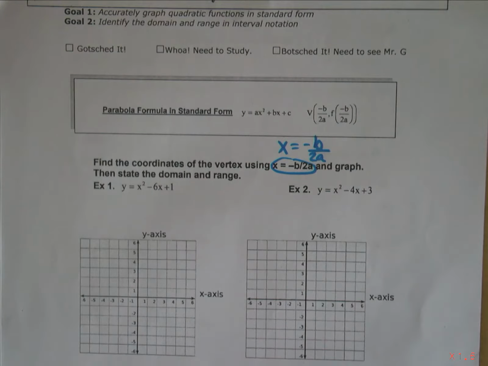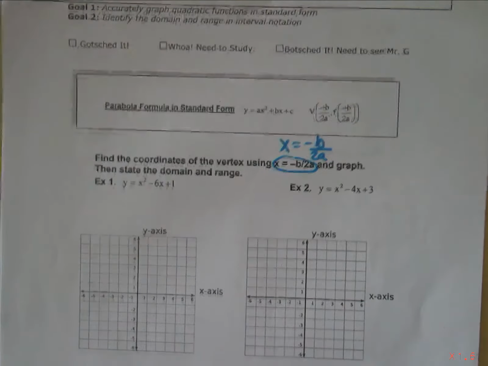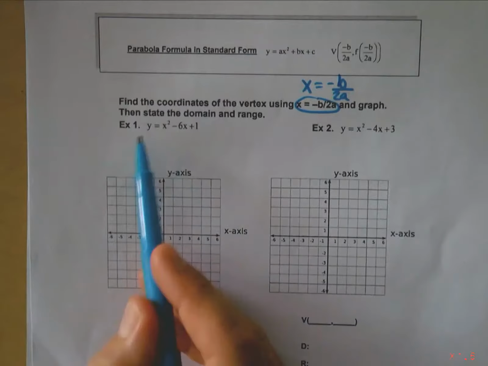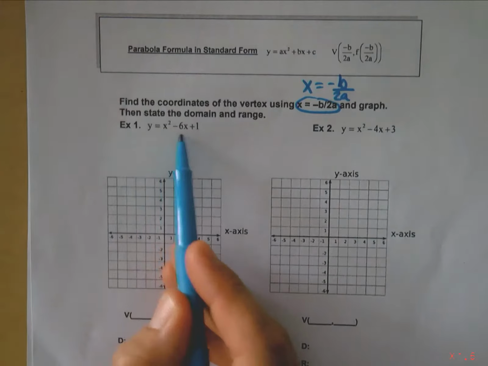And today is our first time where we have a b value. You know, this is very similar to what we did on Friday, but Friday all the b values were 0, so we didn't have to really worry about that. So as I take a look, for example number 1, I've got y equals x squared minus 6x plus 1,